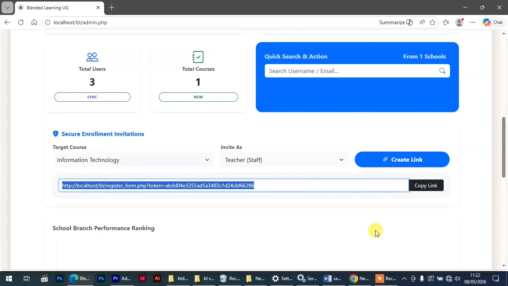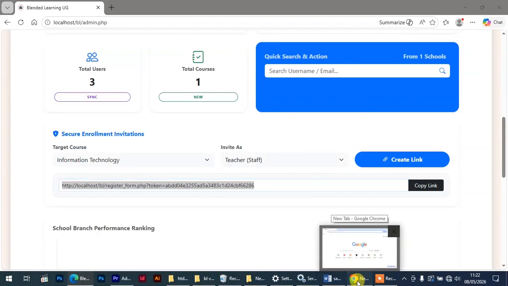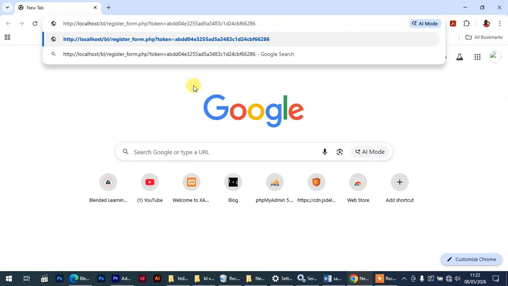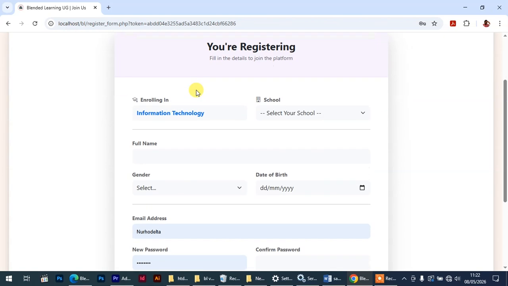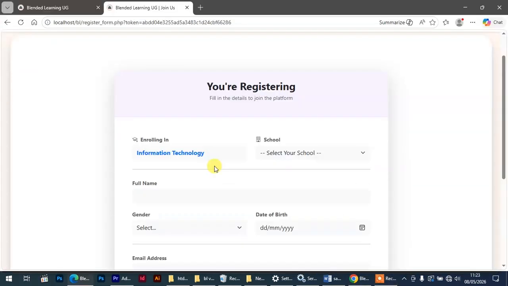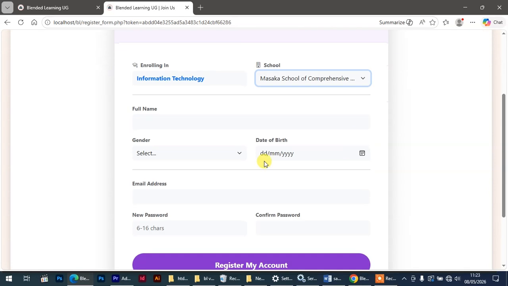So they open their browser and paste that link in the URL part. It can be a phone, it can be a laptop, desktop, anywhere. So they just paste the link and they are there ready to register. So here the link brings you to a course, to avoid people meandering in courses they are not supposed to do. So here you select the school,